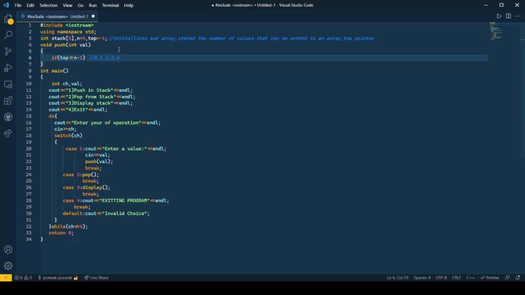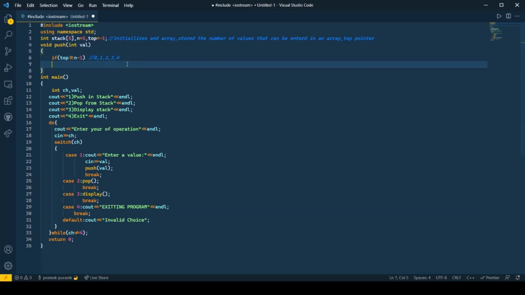So if the top pointer is currently pointing to 4 or greater, then it indicates that we have already filled all the values. That is why the stack is in overflow and we cannot enter any more values. So this is used to check for stack overflow.